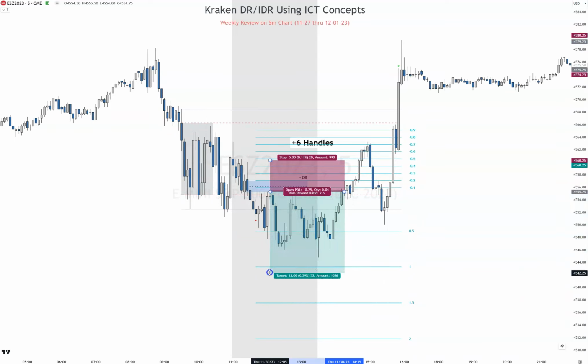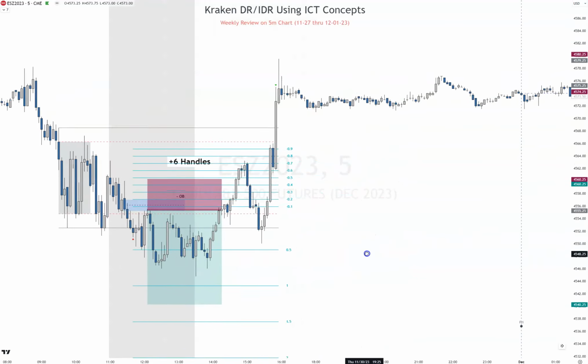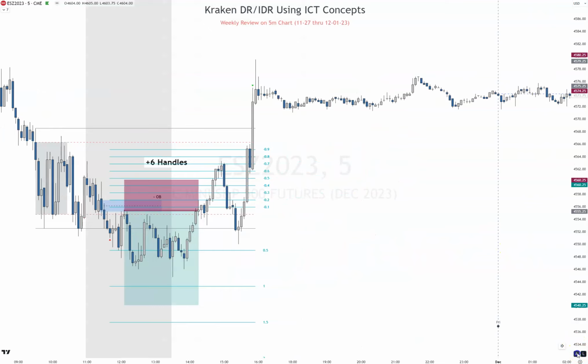Why am I only giving it 6? Because let's be honest, if you would have come down here, you probably would have been stopped out up here. You'd come down, let it come back down, and as it came back up, you'd be lowering your stop constantly. So I gave you 6 handles. I don't know where you'd actually get out until you're trading. You're definitely not going to let it go all the way up here. So I gave you 6 handles. So we'll see.